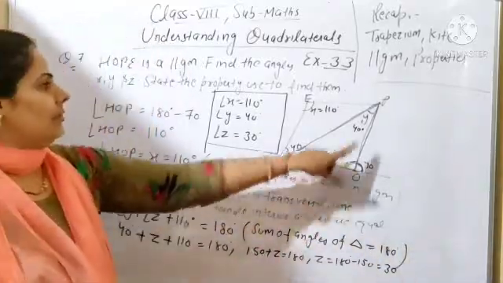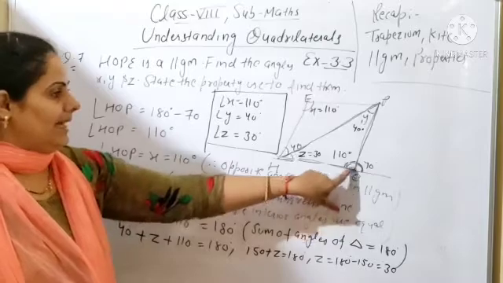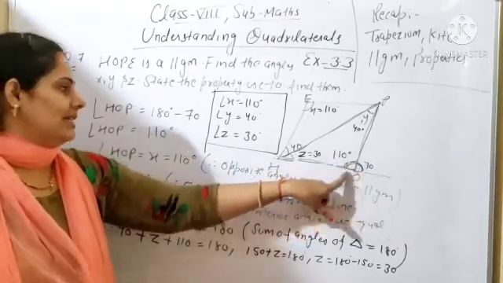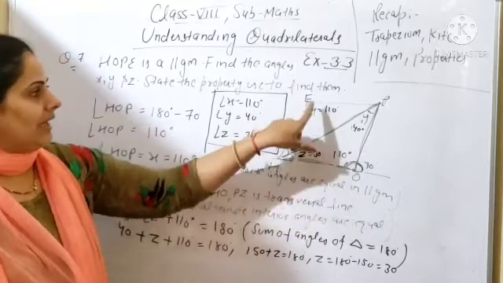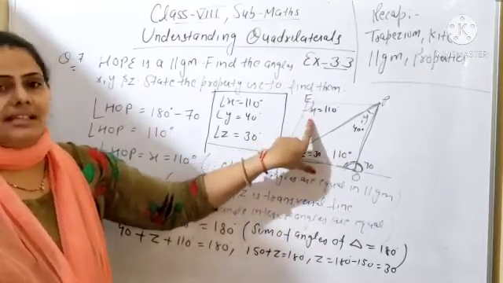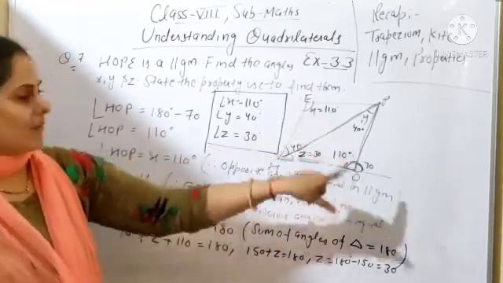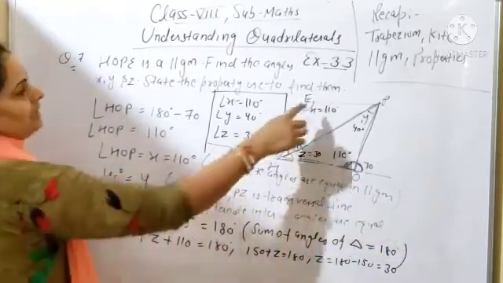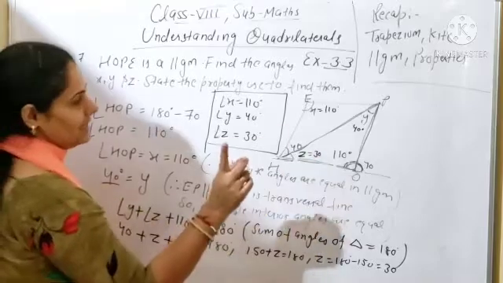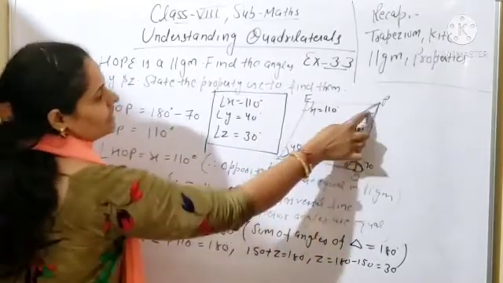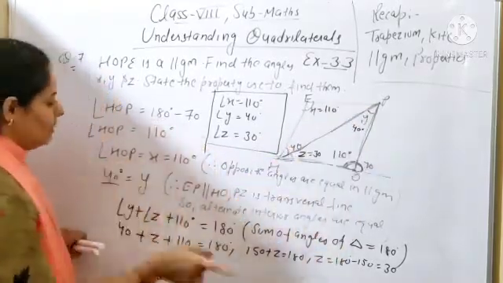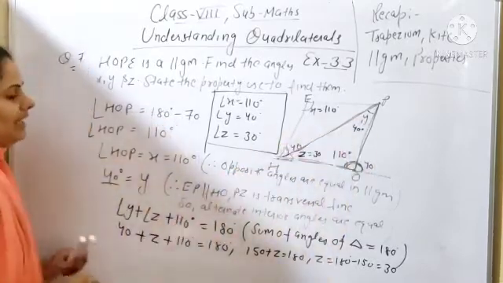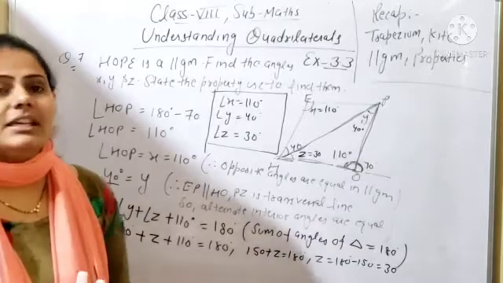Okay, beta. So simply HOPE is a parallelogram. So first you will apply: the outside angle is given 70. So inside, what will be inside? 180 minus 70, so it will be 110. 110 will be equal to the angle, or you can say X. It is also 110 because opposite angles of a parallelogram are equal. After that you can see this line and this line are parallel lines, and this is a transversal line. So this angle and this angle will be equal because of alternate interior angles. So 40 will be equal to Y because alternate interior angles will be equal.